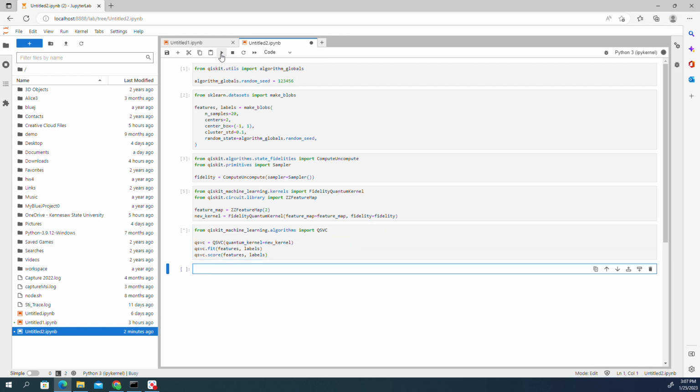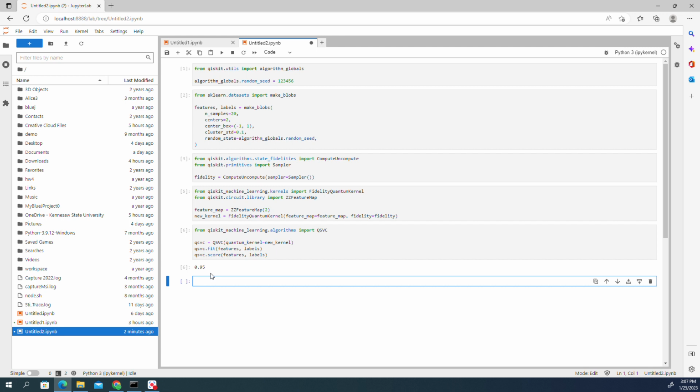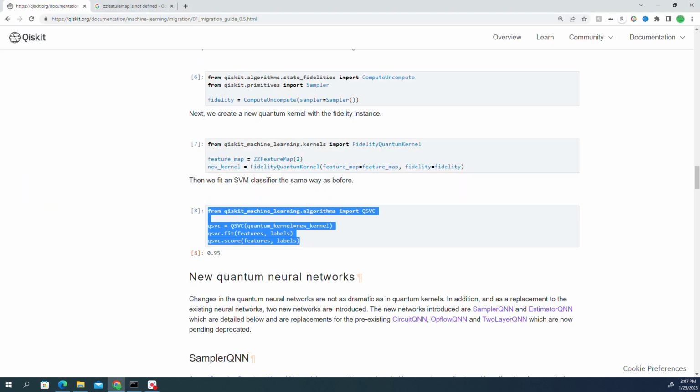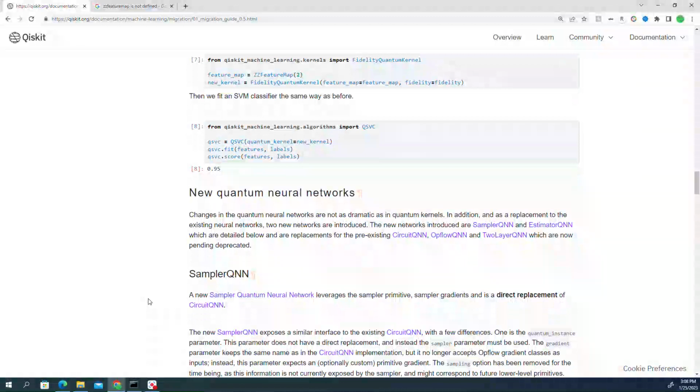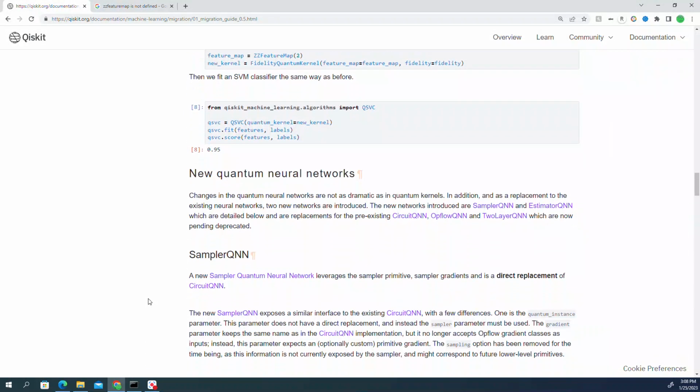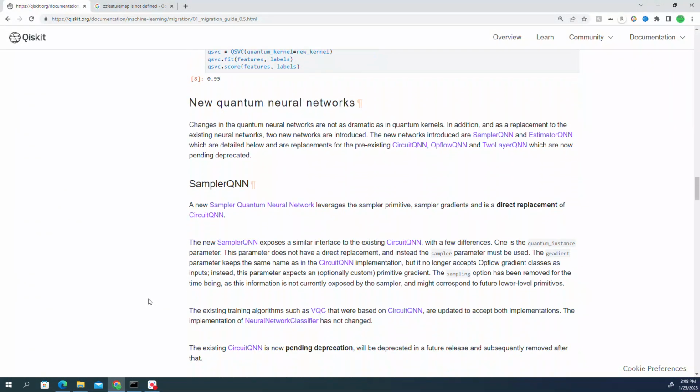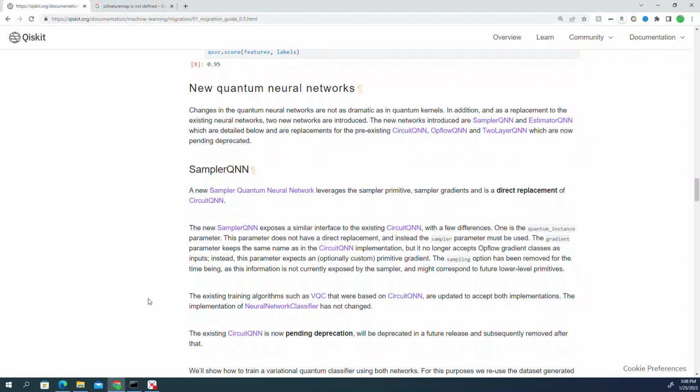Okay, so I'm gonna run it. It gives you 95% accuracy. Okay, using the support vector machine in the quantum version of support vector machines. Okay, and that is working for the support vector machine SVM. Now we're gonna try the quantum neural networks. Okay. So in the quantum neural networks, we have the sampler QNN,